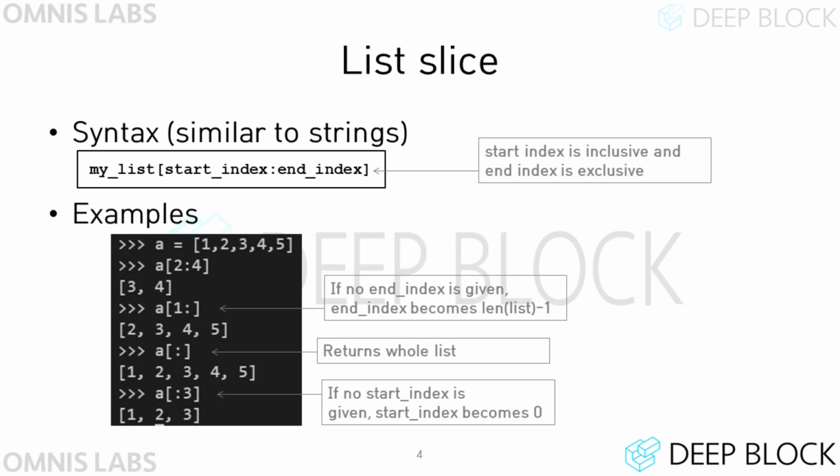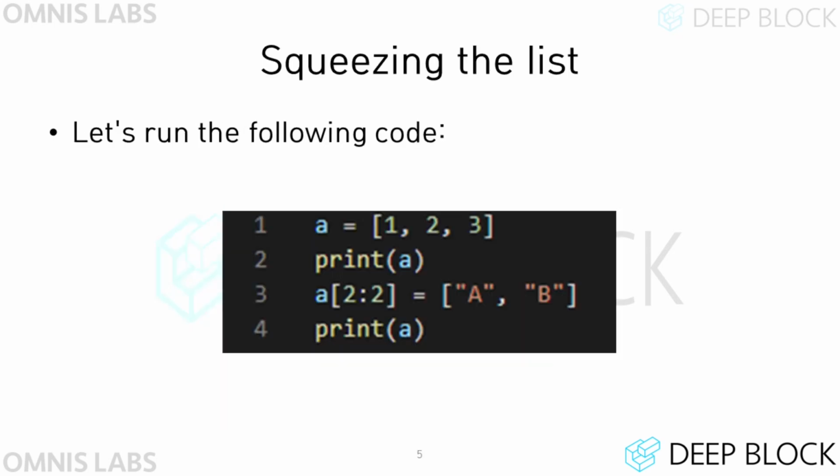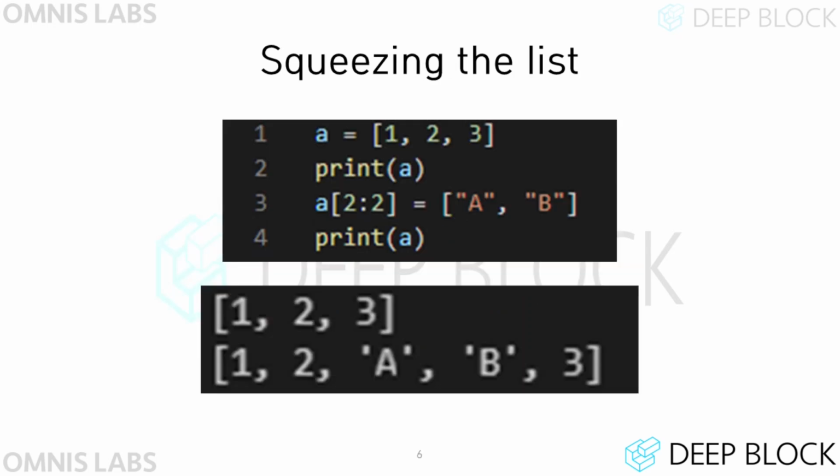Parts of lists can be accessed by slicing like a string. The syntax is the same as string slicing. Run the following code and see the result. From index 2, you can see that A and B are added to list A. Assuming there is a list A, assigning a list to A[n:n] means putting the elements of the list into the index n of list A. Inserting new elements in the middle of a list using a syntax similar to slicing is called squeezing.